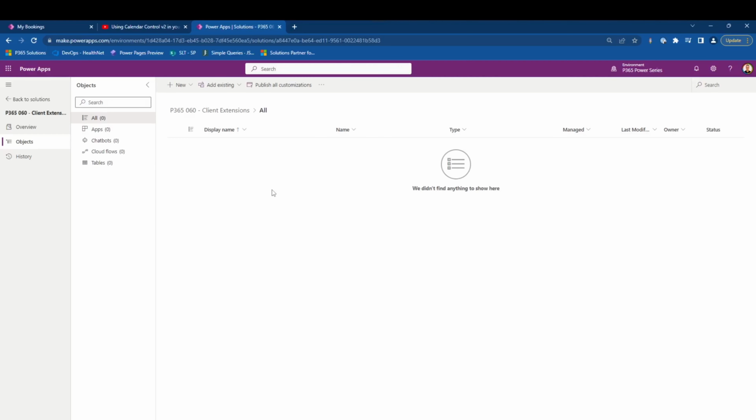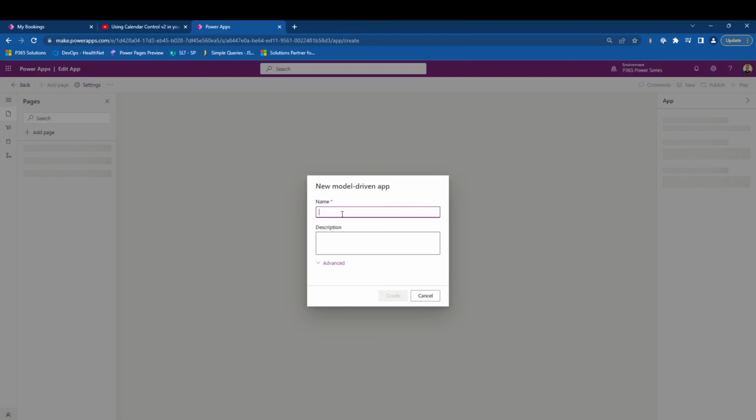When inside, you have the ability to create the new apps. You can do this by selecting new app. In this particular instance, we're going to be creating a model-driven app from scratch. As I said in the intro, we're going to be creating one for the administrators and one for the users as well. So let's go ahead and create the administrators app. You need to provide the app with a name, provide a brief description,